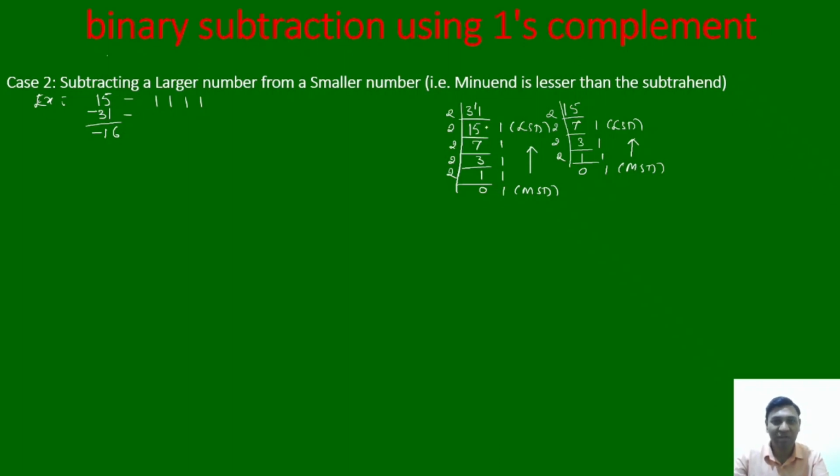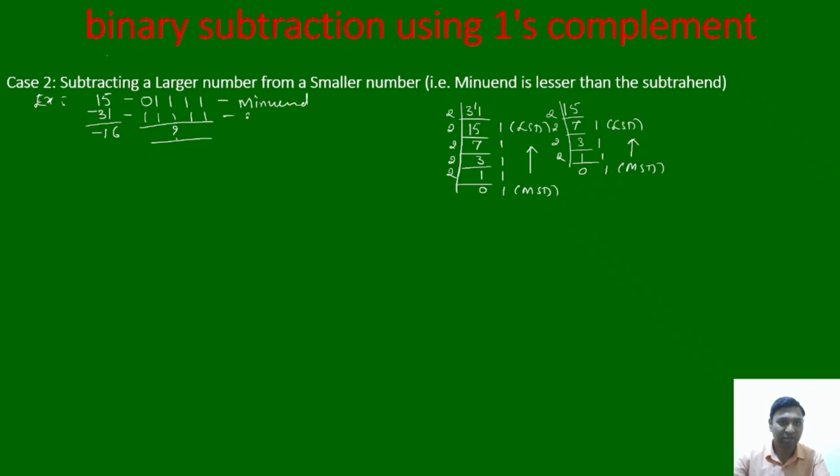Here you can observe that in decimal number 31 there are 5 binary digits, and in case of 15 we have got only 4 binary digits. In order to match up with the number of columns, for 15 we are going to write one leading 0 to make it 5 bits. Now all these 5 bits I'm going to write below here, 1 1 1 1 1. So what I'm going to get over here, the first number is called the minuend